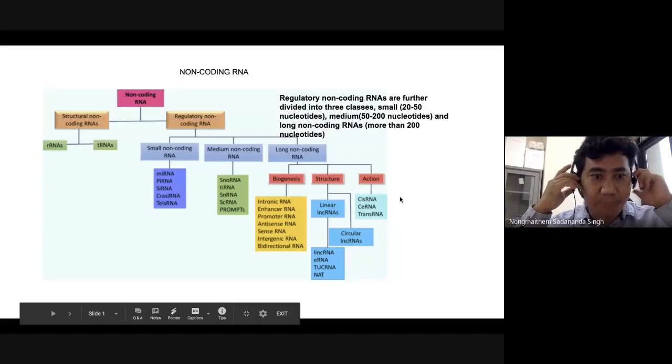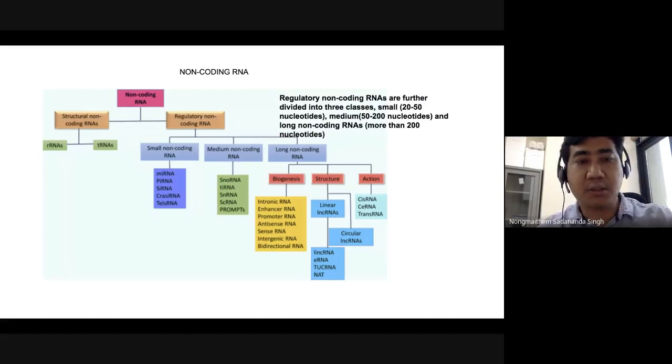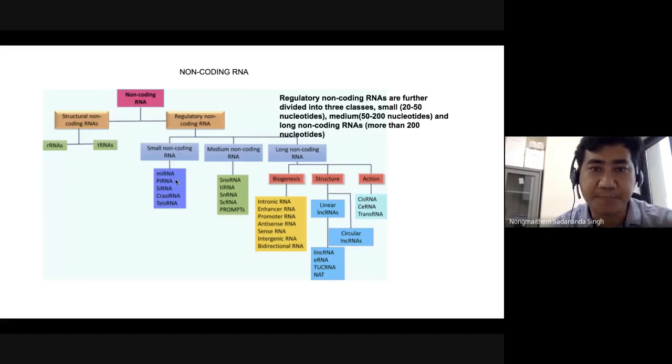Okay, hello, guys. We'll continue with the non-coding RNA. Today, we'll talk more on the small non-coding RNAs, that is, this group of regulatory non-coding RNAs. So basically, we'll talk more about microRNA, siRNA, and piRNA. And just mention briefly the CRASH RNA and TEL RNA. These are a very new class of